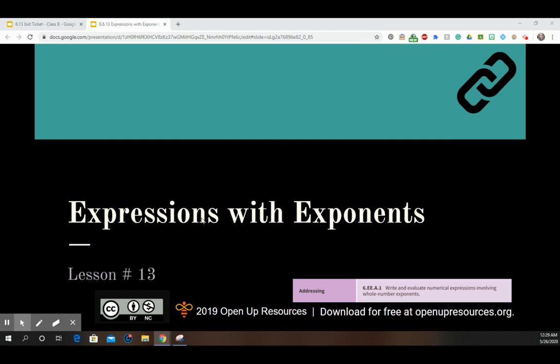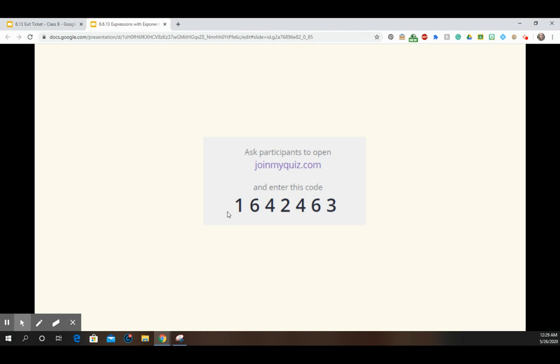Today we're going to work on lesson 13, expressions with exponents. More time with exponents. You guys did a really great job with the first lesson of exponents. I know you guys are going to continue doing an awesome job. So to get started, get out your math workbook, or your notebook if you don't have that workbook, and your